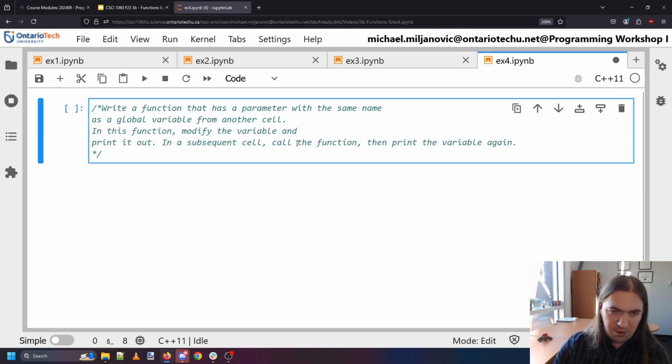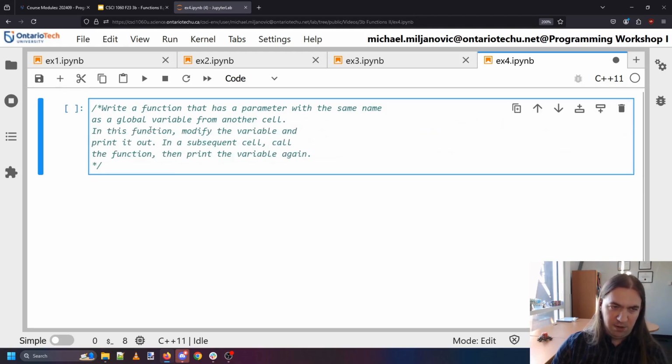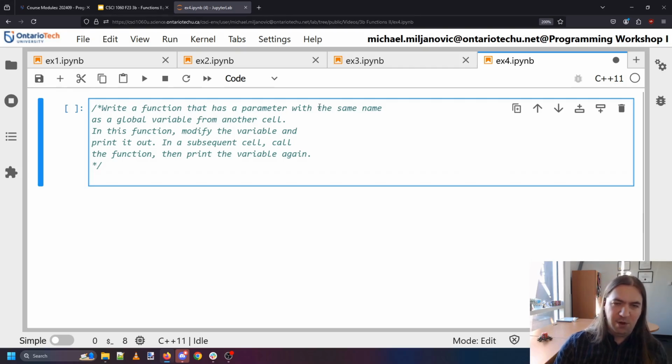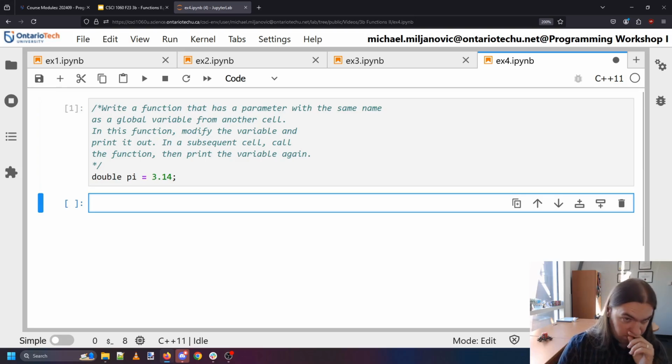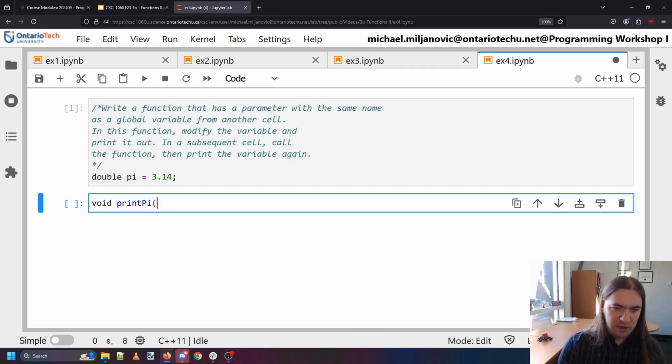Okay, so we're going to start out by needing to write a variable, because it says we need to write a function that has a parameter with the same name as a global variable from another cell. So let's say I have my variable, say double pi is 3.14, right? And now we're going to write a function that will be a void function called print pi. And it will take double pi,